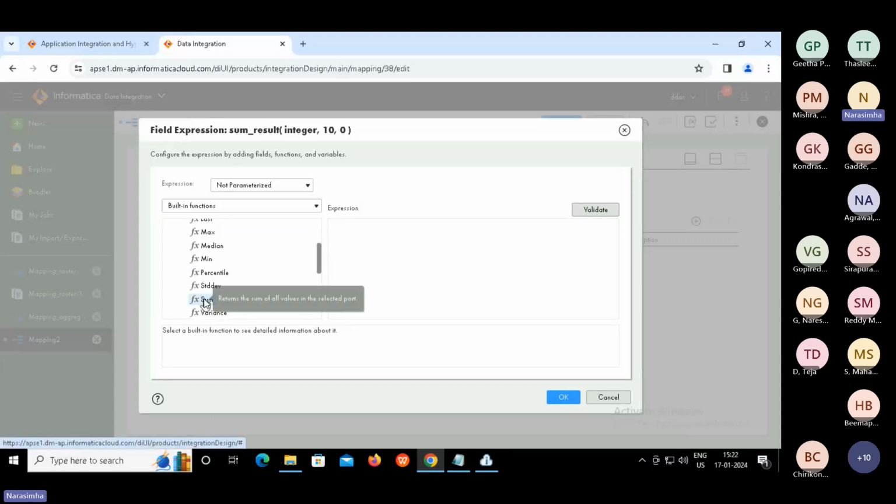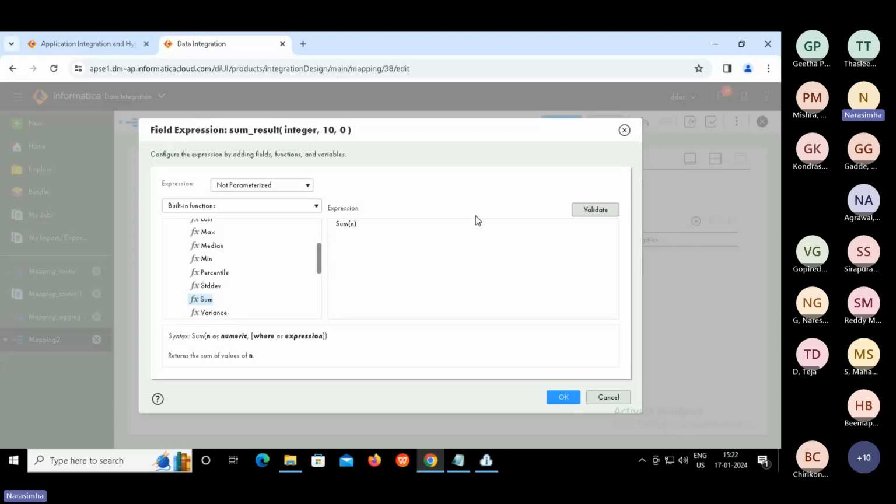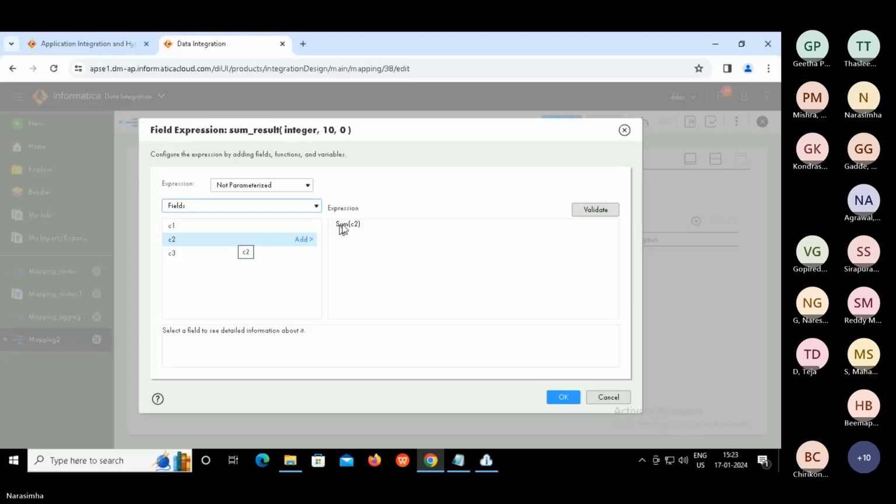That's what we are focusing on. And for the column name, you can type C2, or we can also go to fields and select C2 and add it. If the column name is complex, then we can go with this approach. Or else, if the column name has fewer characters, you can type it, whichever you are comfortable with, and validate.